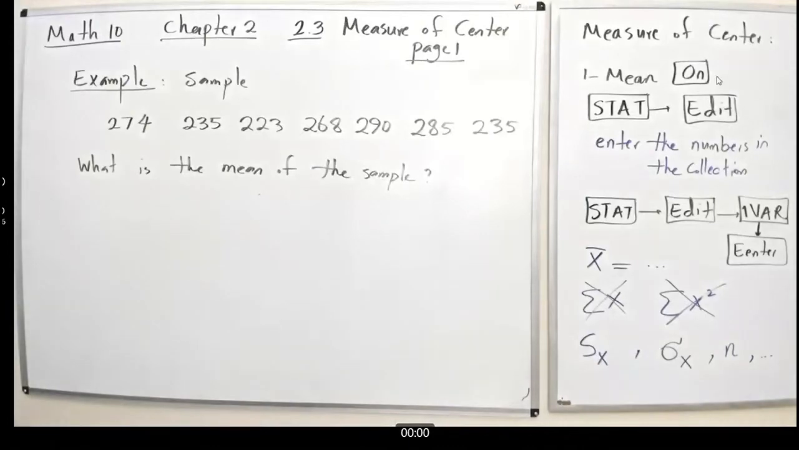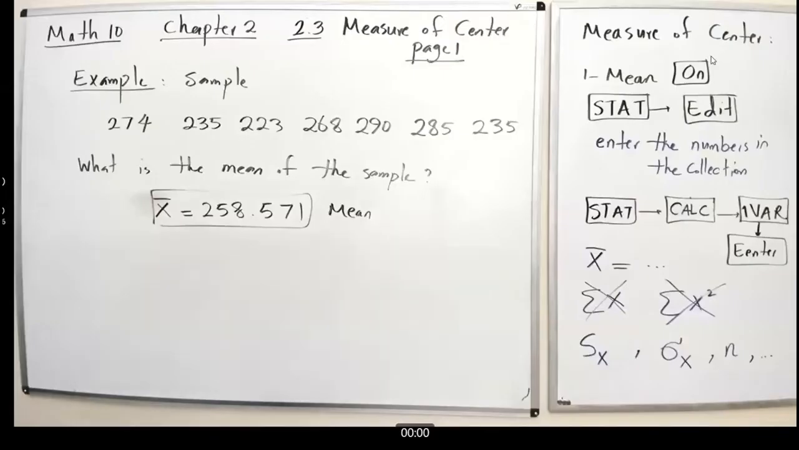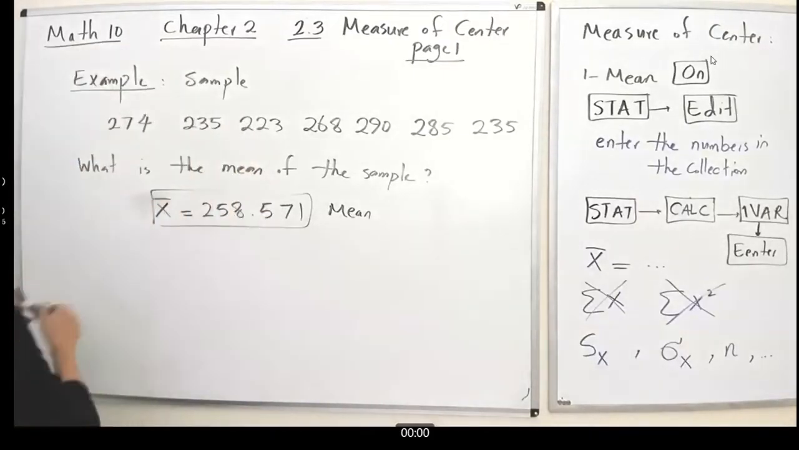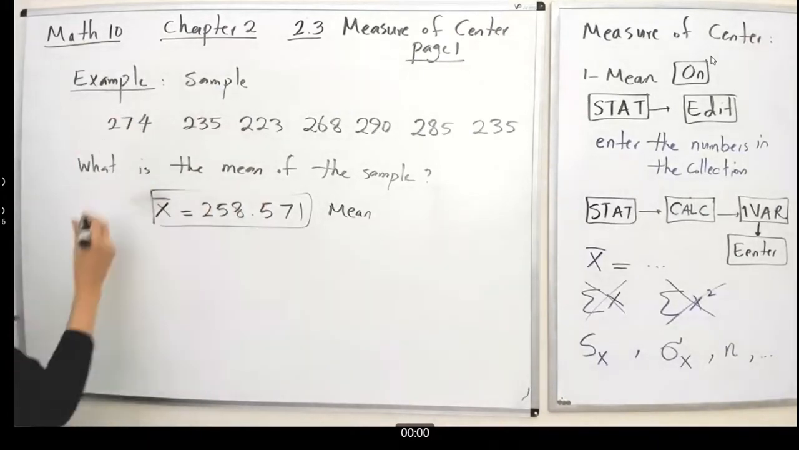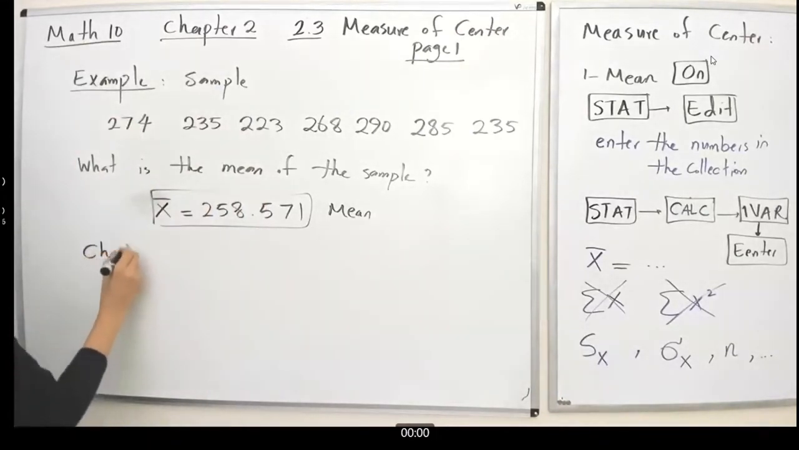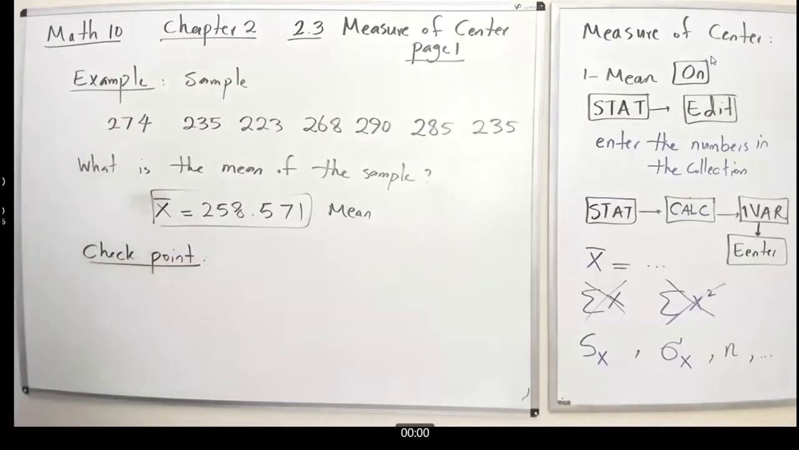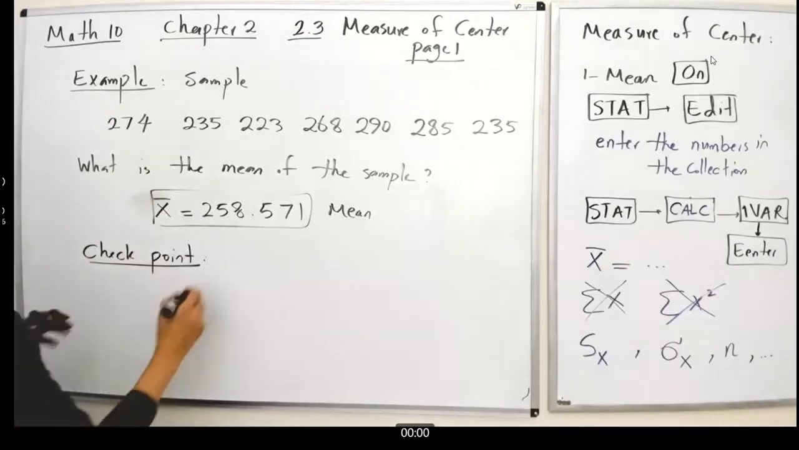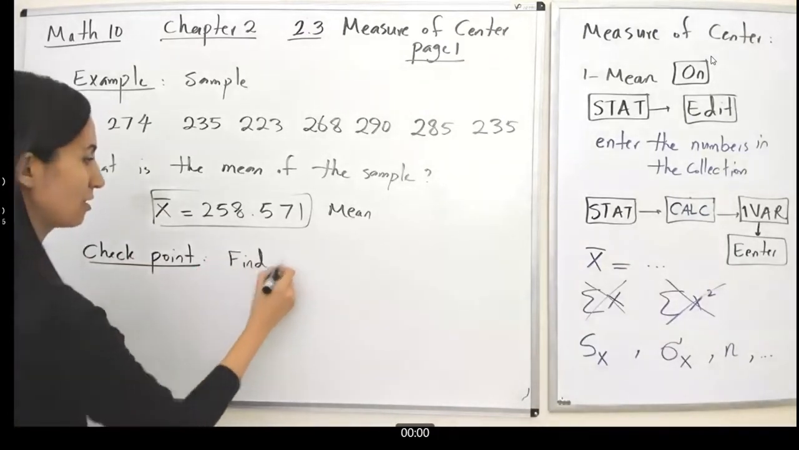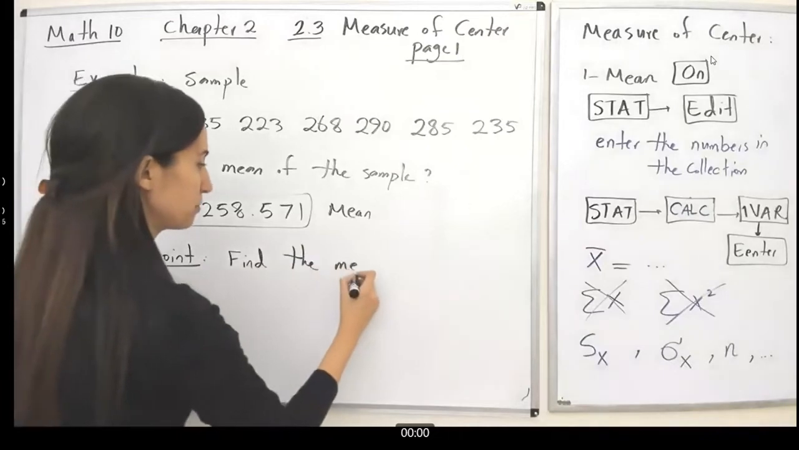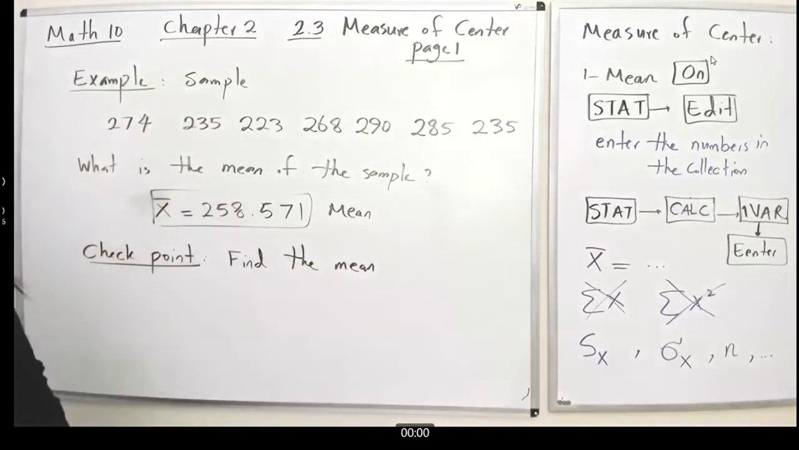Excuse me, I want to ask how. Very well. Your turn, everyone. There is a checkpoint on page 1. In this checkpoint, you have a collection of numbers. The question says, find the mean